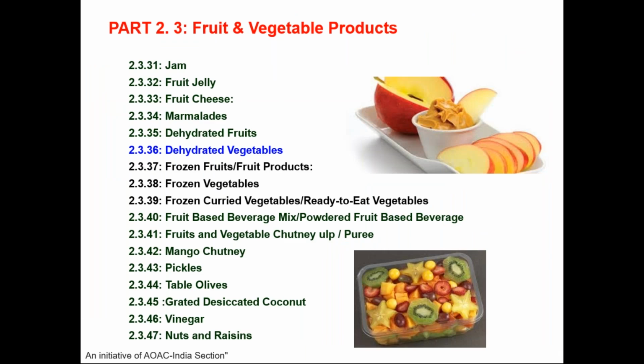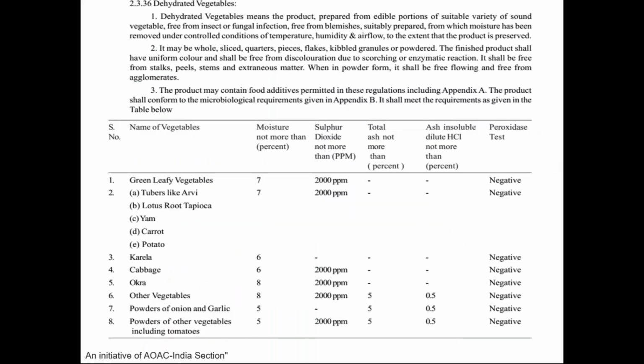In addition to the food additives, this chapter also tells us about what the levels are permitted for the food hygiene and food safety of that. So if we look at the dehydrated vegetables, the dehydrated vegetables have been defined very well. It says what it is, what type of processing can be done. It also tells us what is the moisture content of each of these dehydrated vegetables.